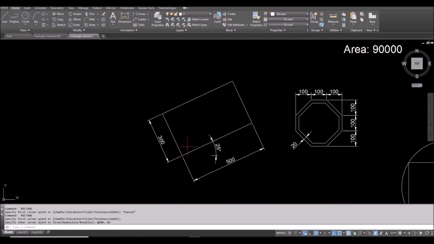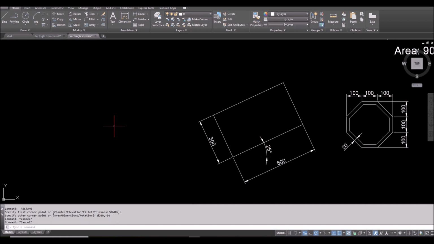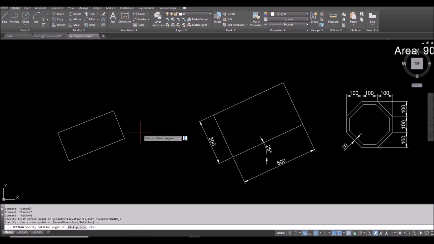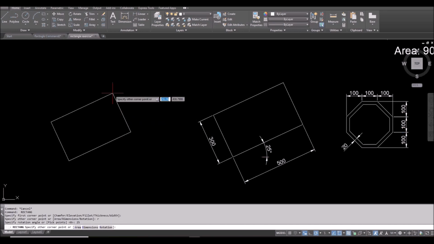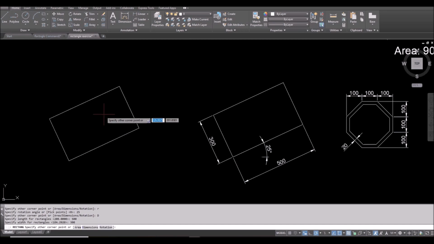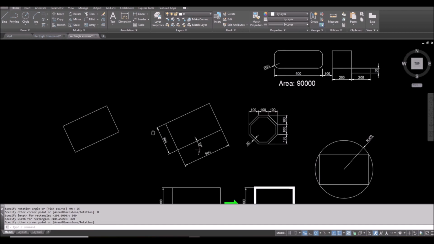Let's do this one. Spacebar, repeat last command. Click any point as the start point, and here I type R, spacebar, and I type 25 for the rotation, and here I have to select the dimension option, and 500 for the length, and 300 for the height, and then click it. Okay,